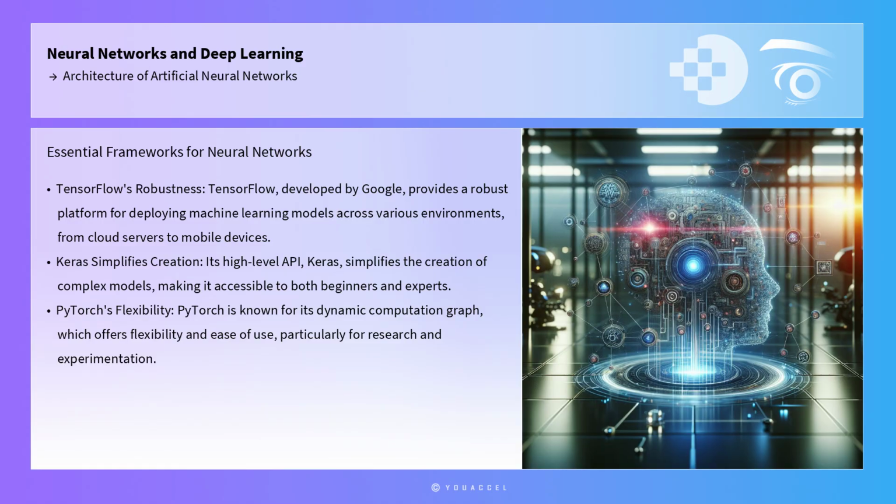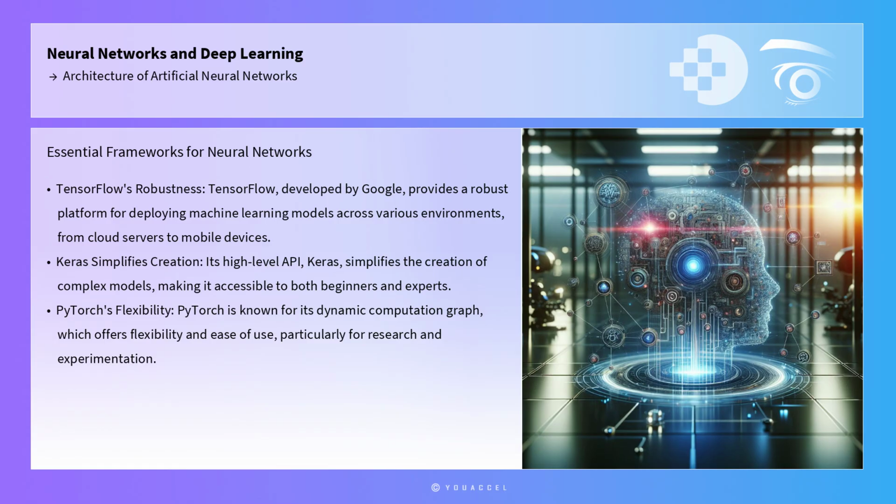Frameworks such as TensorFlow and PyTorch have become indispensable tools for building and training neural networks. TensorFlow, developed by Google, provides a robust platform for deploying machine learning models across various environments, from cloud servers to mobile devices. Its high-level API, Keras, simplifies the creation of complex models, making it accessible to both beginners and experts. PyTorch, on the other hand, is known for its dynamic computation graph, which offers flexibility and ease of use, particularly